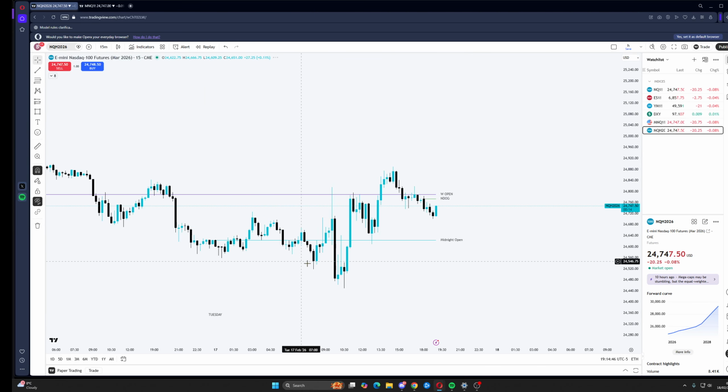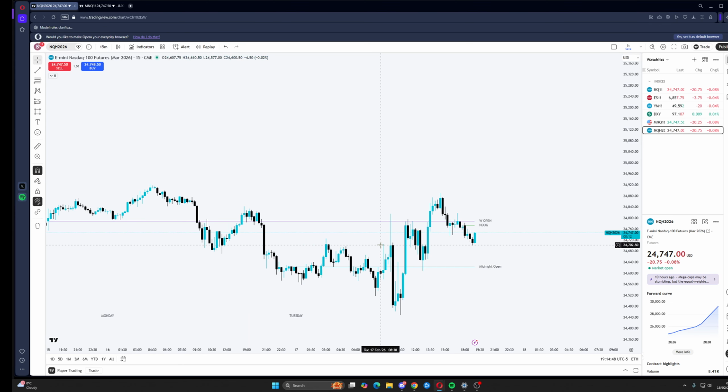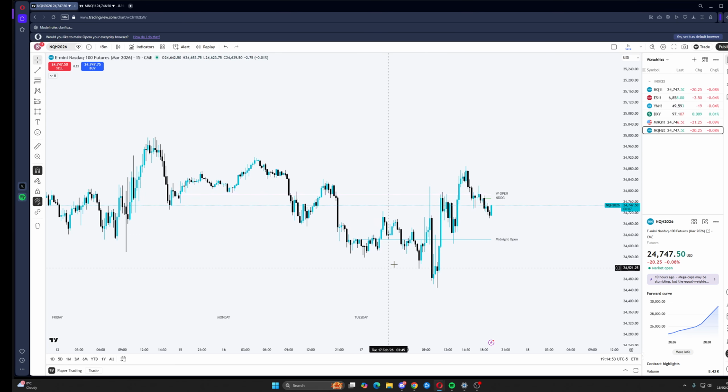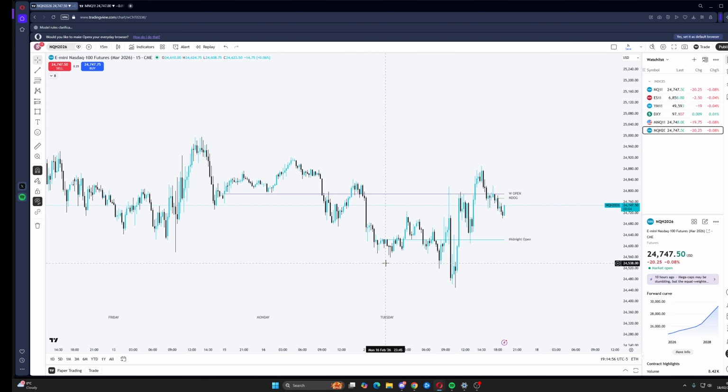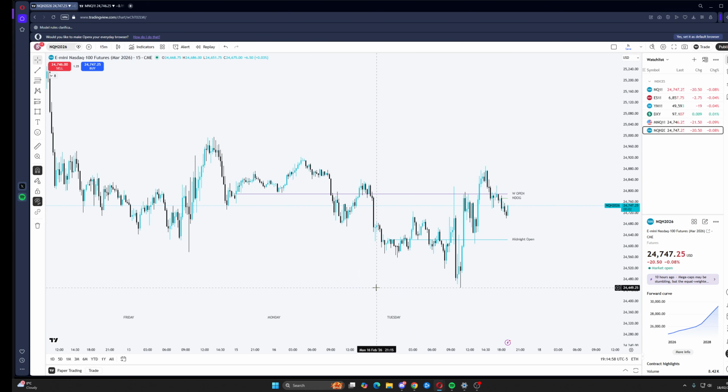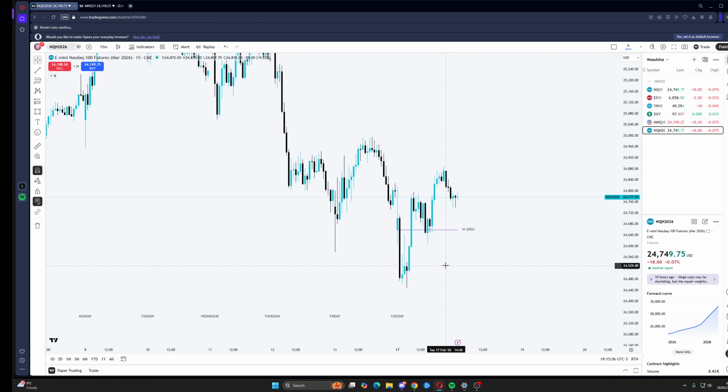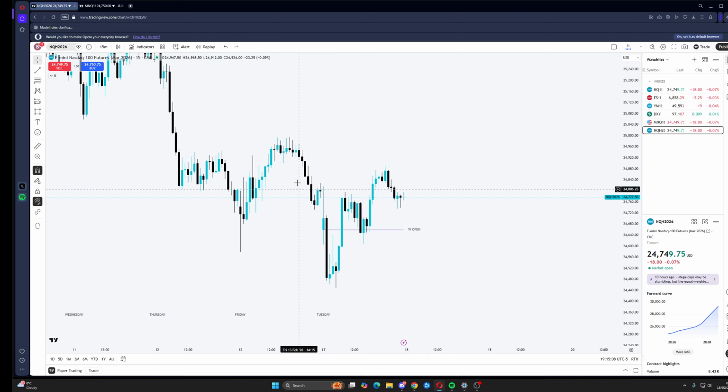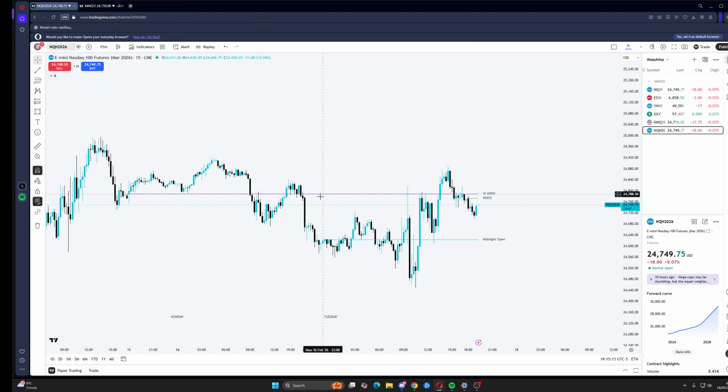And I'm sure why we need to go up, because if we go on the 15 minutes, we can see that we have relative equal highs, right? We need to take buy side regardless if we want to go down, and plus we need to go to discount. Because of the bank holiday and all that, I'm not going to count this as our dealing range. I'm going to use regular trading hours, and I'm looking at discount of this range, right? As you can see. So that's what I'm looking at, and I'm targeting these two liquidities, which are the initial liquidity and London liquidity.